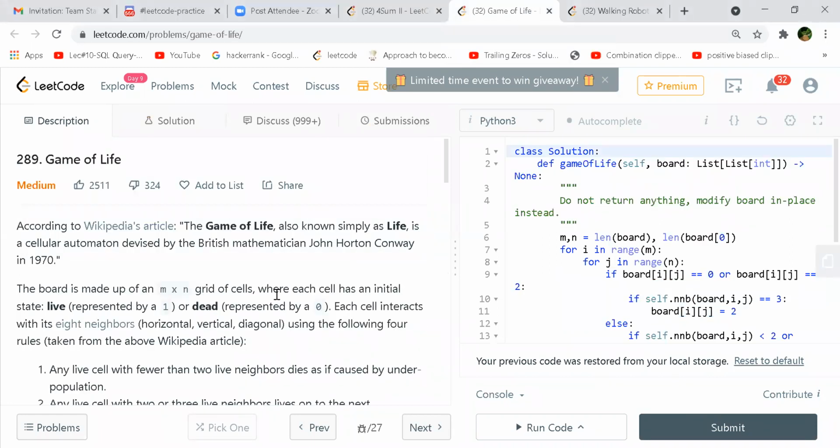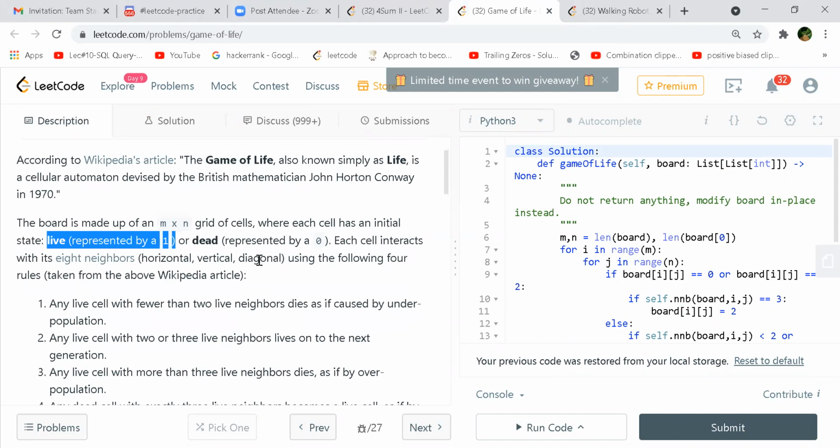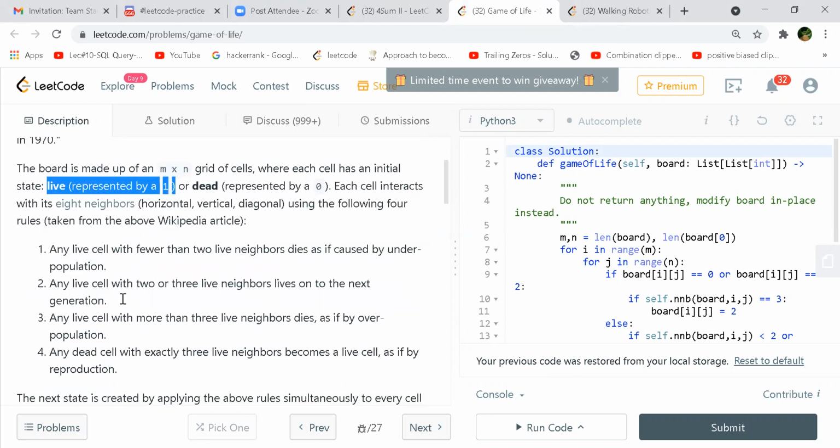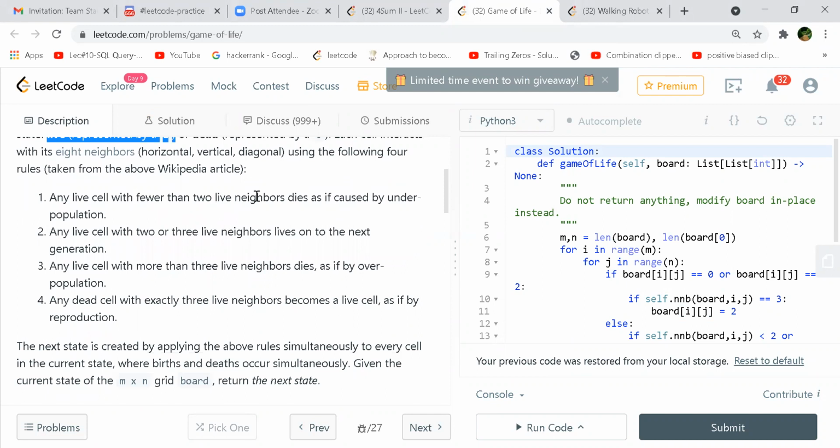So our next is the Game of Life. Here we are given a grid of n cross n cells, and each cell has a state. If it is live it is represented by 1, otherwise 0, and each cell interacts with 8 neighbors using the following 4 rules. Any live cell with fewer than 2 live neighbors dies, as if caused by underpopulation.